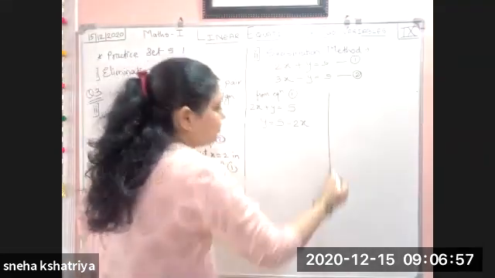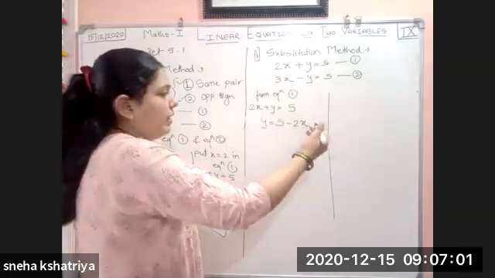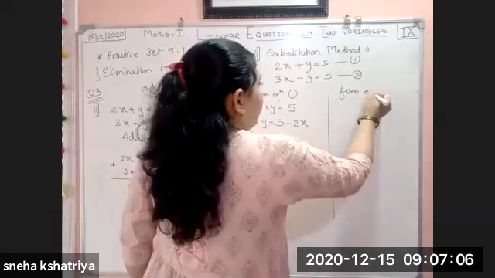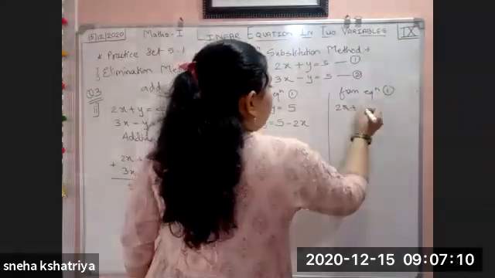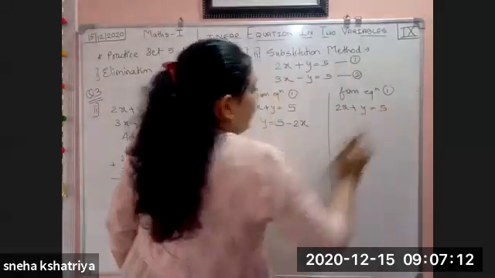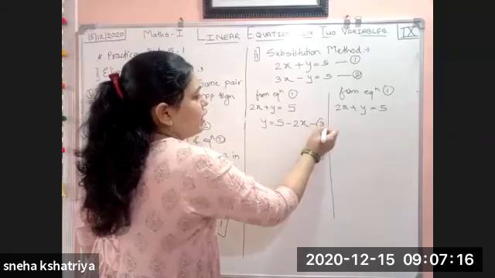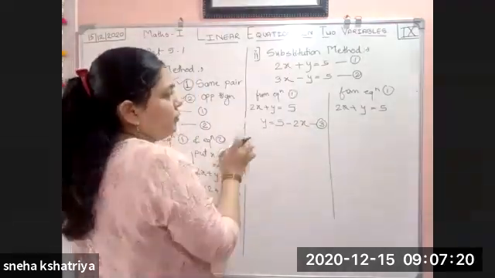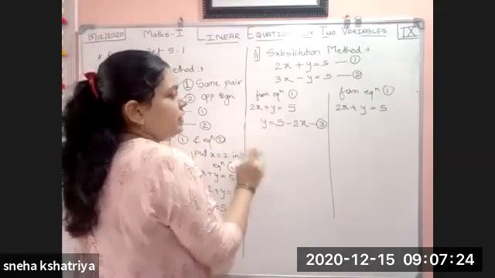Okay. If we want to find the value of x, that is also we can see here. We will see here from equation 1. I will solve first this method, then we will see that one. Okay. I get this value of y, say it as equation number 3. And put this value in equation number 2. Because from 1 we found out the value, that value we have to put in 2.